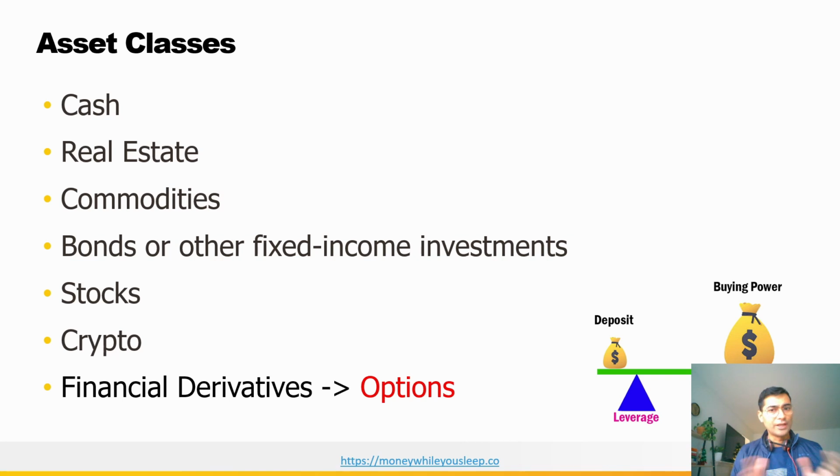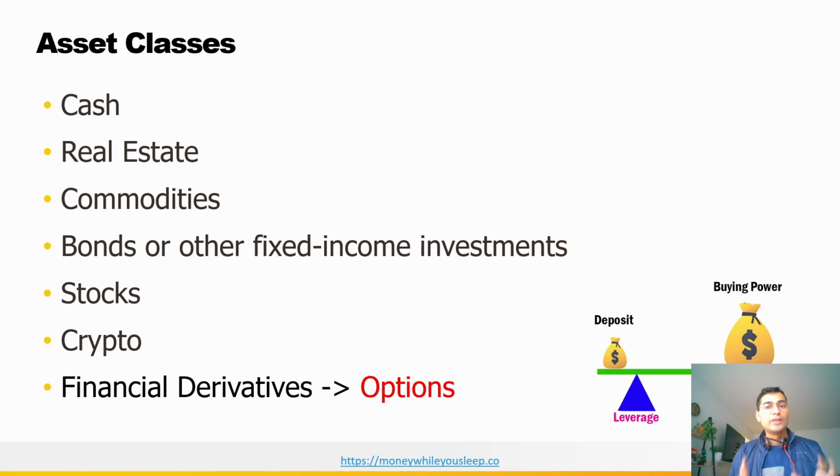The last one is financial derivatives, and in that financial derivative class, we are only going to cover options. So what is a financial derivative? A financial derivative is nothing but an asset or an asset class which has been derived from any other asset which we have discussed before that. So if we can make out a system or can derive a value out of any other asset, that is nothing but financial derivatives. And we'll try to understand from options how options have been derived from stocks.